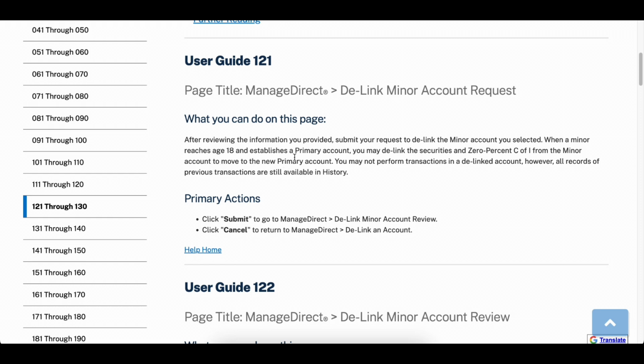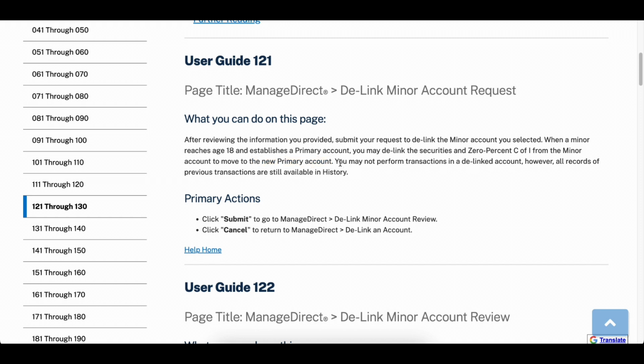So when you create your own primary account, you can request for them to delink it from the custodian's account and link it to your new primary account. You may not perform transactions to delink accounts.